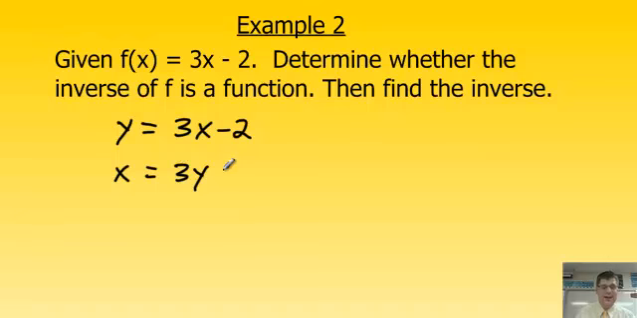So x equals 3y minus 2. See what I did there? They switched. Now I need to solve for y. We need to make it all proper again. So therefore,